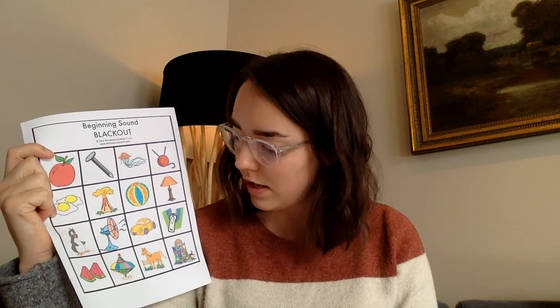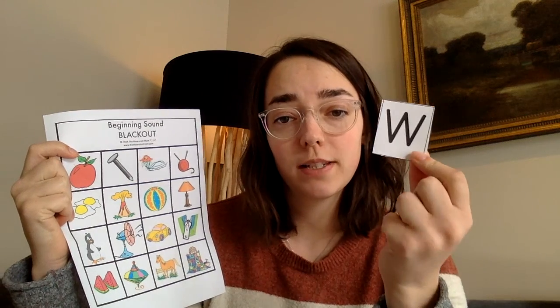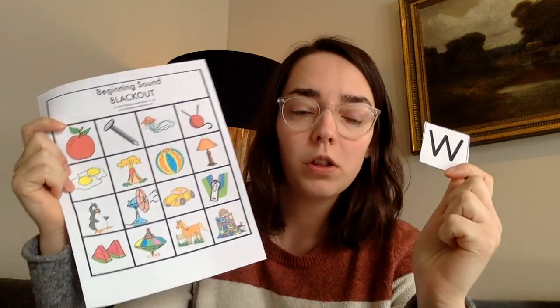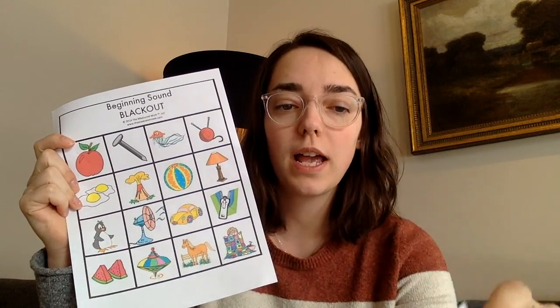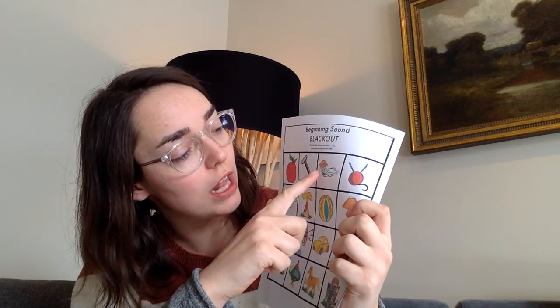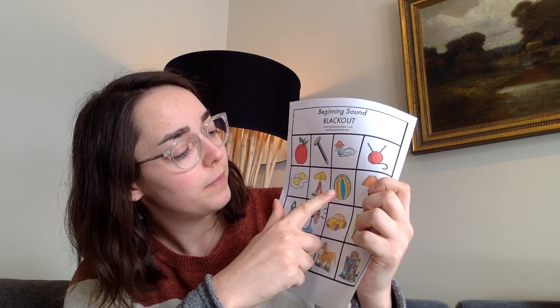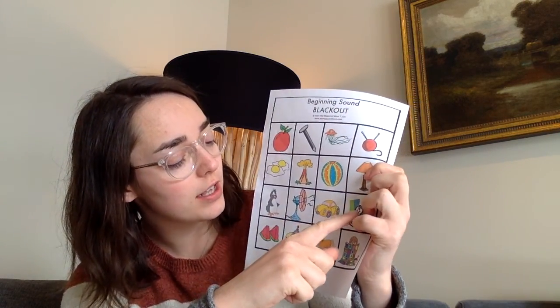I'm going to pick a letter, such as this one. What is this letter? Sorry, it's a W. What sound does W make? It makes the w sound. So if you will look through your list, your page, and see if you have anything that starts with the w sound. So for me, I have apple, nail, jellyfish, yarn, eggs, volcano, ball, lamp, penguin, fan, car, zipper,